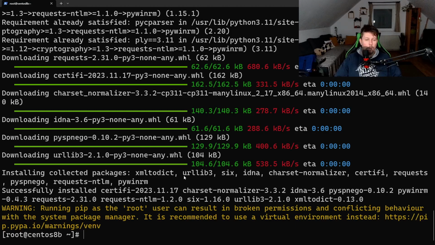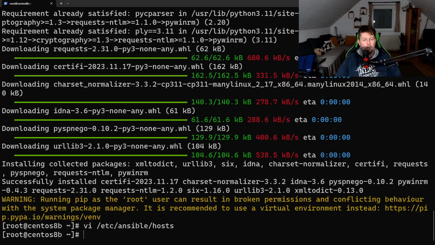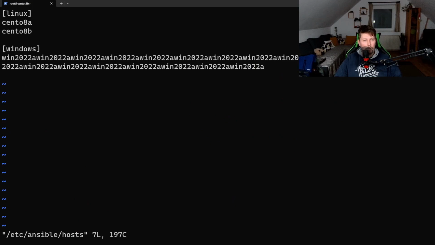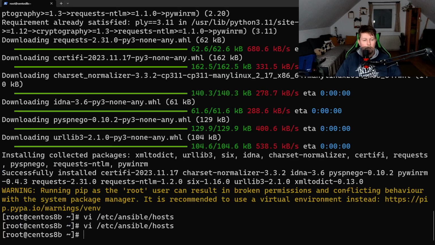Great, now we have to go ahead and edit our Ansible hosts file, and under the Windows we add the Win2022A. What happened here? So Win2022A, and if I issue the ansible -m ping